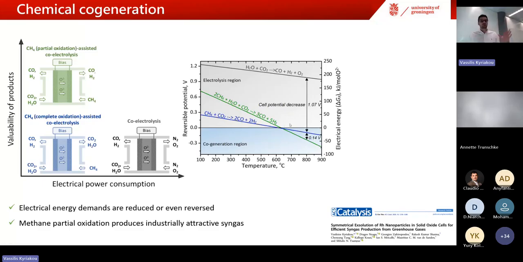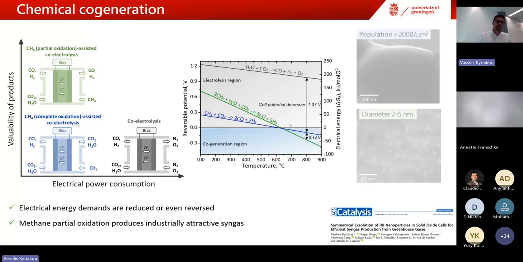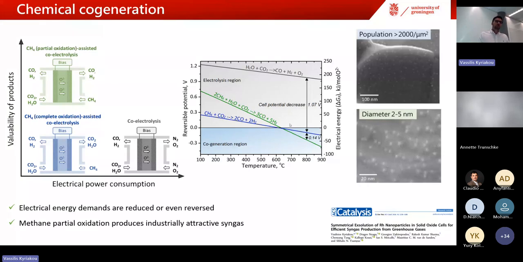Of course, these effects are according to thermodynamics. The question is what is happening in the actual system, and if you don't take into account the kinetics, you're not going to see any of these effects. In order to see that, we had to make an even more effective exsolution. With the same titanate, we replaced the nickel with rhodium exsolution. Two interesting things happened from that. The first is that we had an amazing nanostructure of rhodium exsolution.